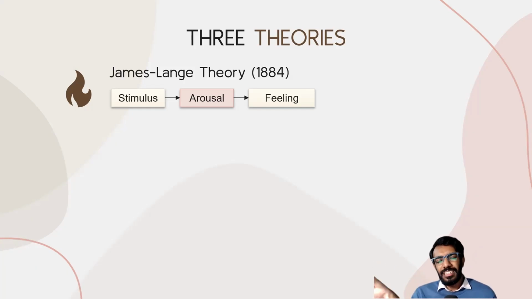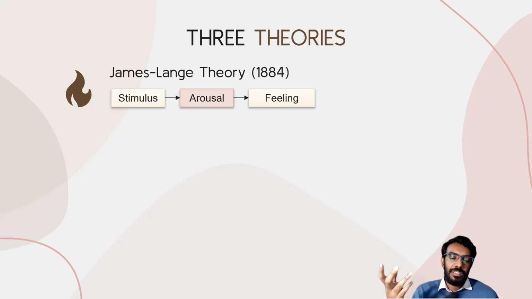A running theme throughout this is that none of these theories are completely wrong or completely right. Most of them are right in certain conditions, and we've just refined these theories as we go. But a problem with this theory was that the arousal state is common across a lot of emotions. For example, the sensation of fear versus the sensation of anger. Both of them physiologically have very similar substrates, right? There is a release of cortisol, there is sympathetic activity. Even sexual arousal has the same physiological phenomena. But they all have a distinct feeling, right? So if this is true, then they should not happen.